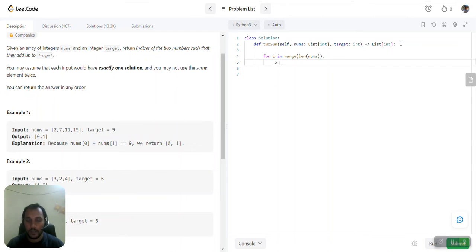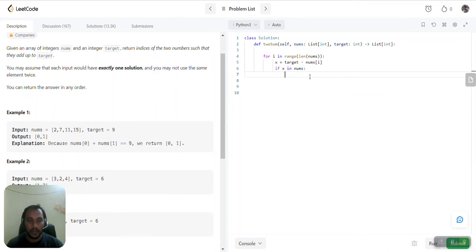Say x equals target minus nums of i. Then we'll check if x in nums. So we are checking whether the other element corresponding to nums i exists in nums whose sum would be equal to target. So if x in nums,